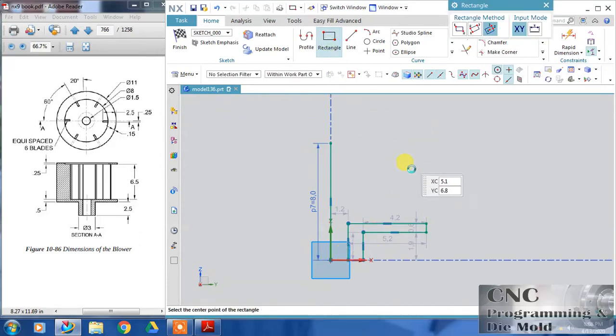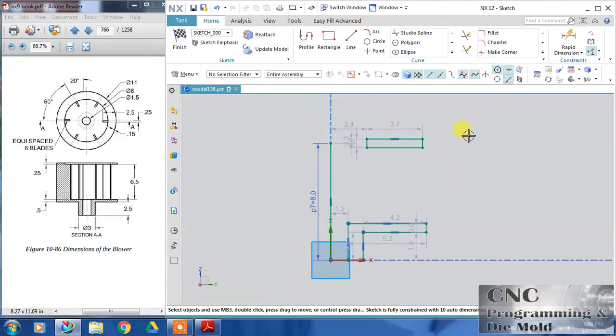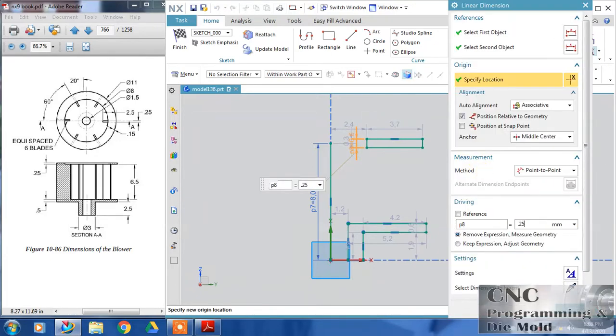And one more rectangle with 2 points. Now dimension this: it is 0.25.